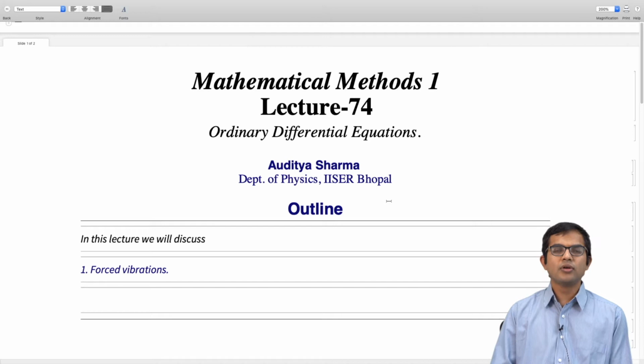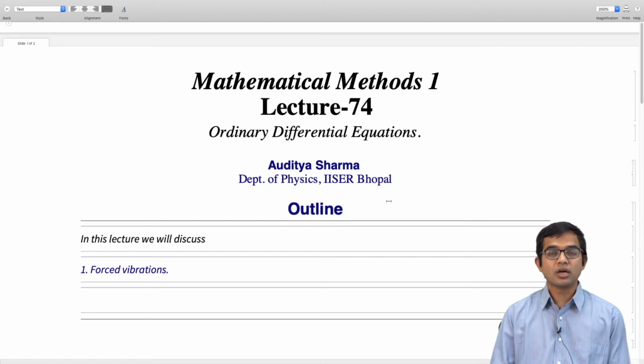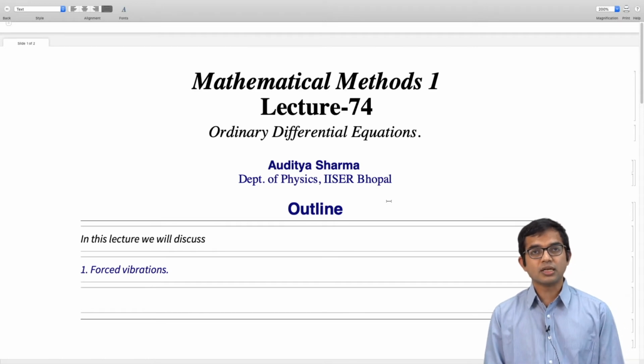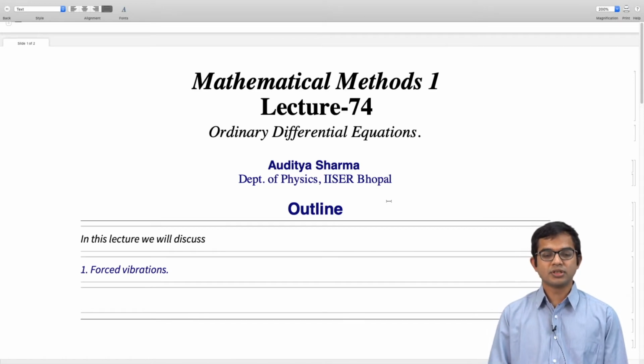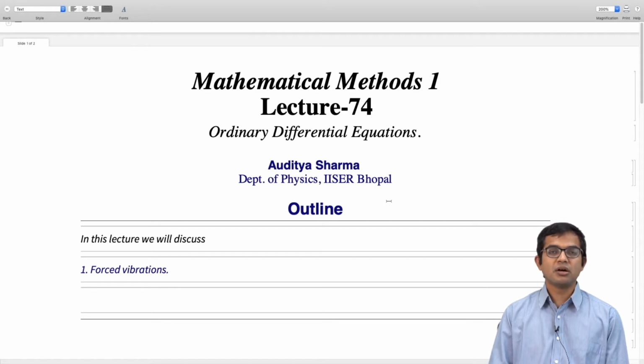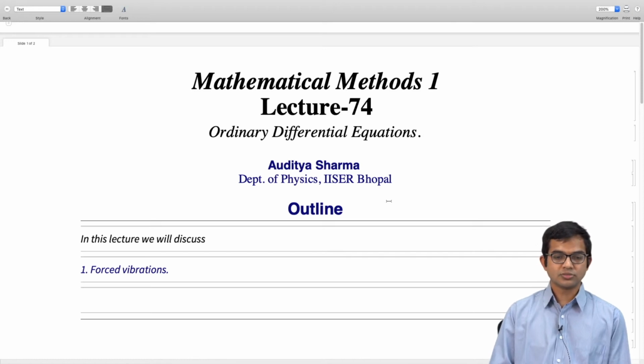So here we will look at the next interesting scenario, which comes in if you also have an external force that you're applying to the system, right? In the theory of differential equations, we thought of these as inhomogeneous differential equations. Here the physical picture is to think of them as an external drive being applied to your system. So these are what are called driven harmonic oscillators, if you wish. That's the topic for this lecture.